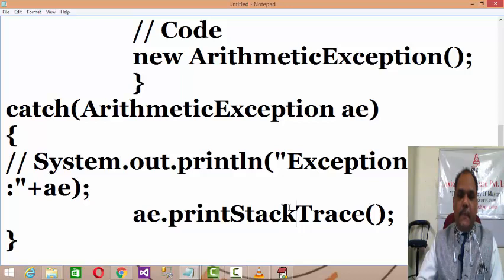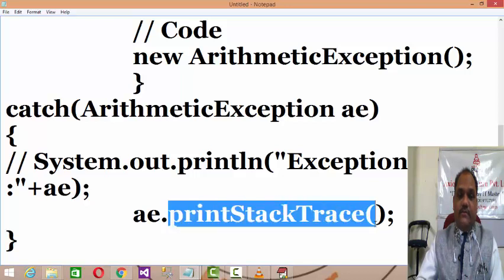I will repeat it again. Exception is a class on the top of the hierarchy, so whatever exceptions are raised all become subclasses of it. In the Exception class there is a method called printStackTrace.